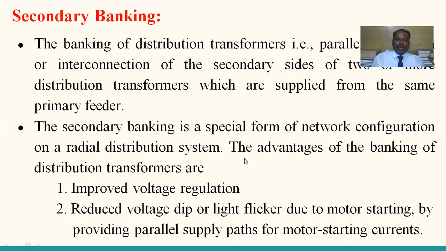When you go for the banking, suppose one transformer is there which is operated at maximum and is also not able to serve the power to the consumers. So they think about a parallel combination of another transformer to the existing one. Once you keep another transformer either in parallel or interconnected to the existing one, it improves the voltage. Why? Because the load is shared, according to their rating, proportional to their rating.